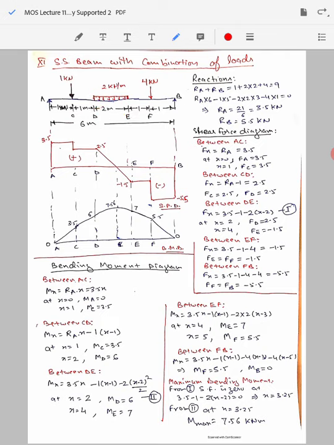Now the total length of the beam is given as 6 meter and the locations of the point loads are also known to us from the figure. We need to work out the reactions of the support at point A and B in order to draw the shear force diagram. So let's apply the basic principle of static equilibrium. So making the sum of the forces in the vertical and horizontal direction as equal to 0.